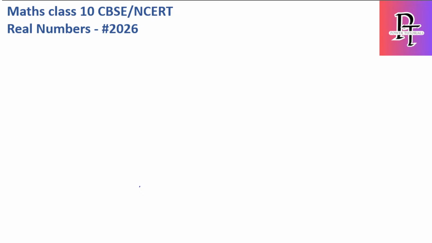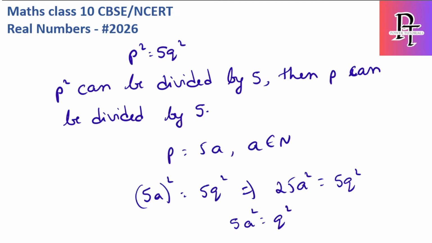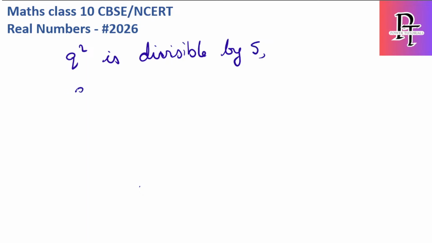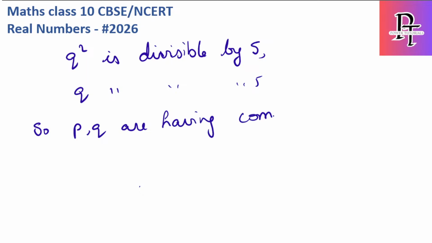So let's continue again. So first step, the question will vary 5 square q square. Now I can say q square is divisible by 5. So q is also divisible by 5. So q, okay, now here itself we can stop. So p comma q are having common factor